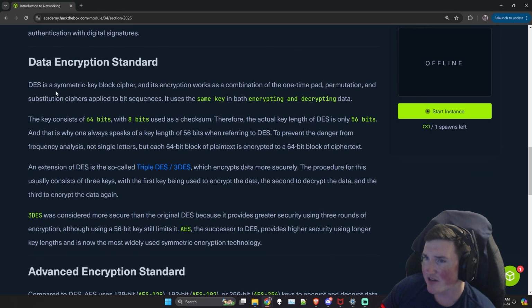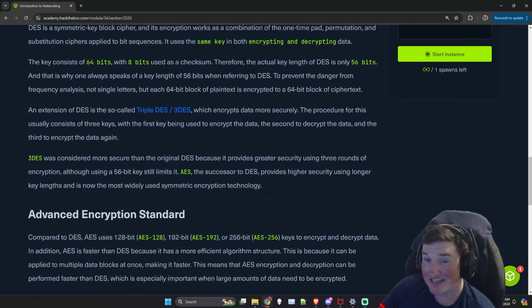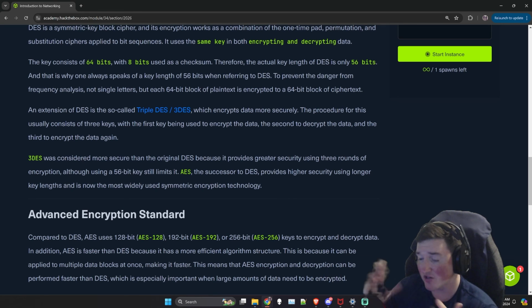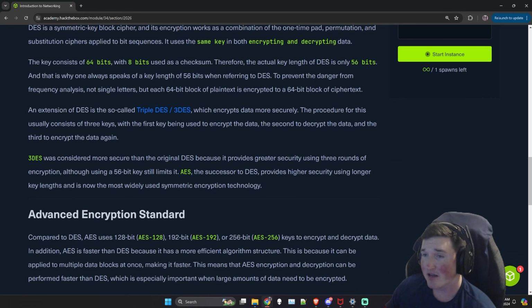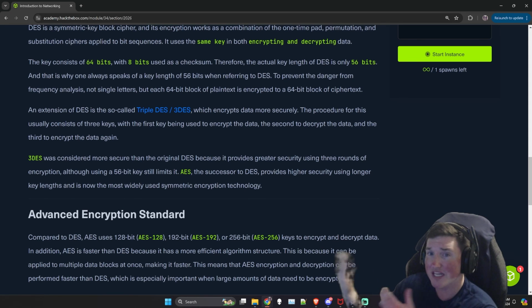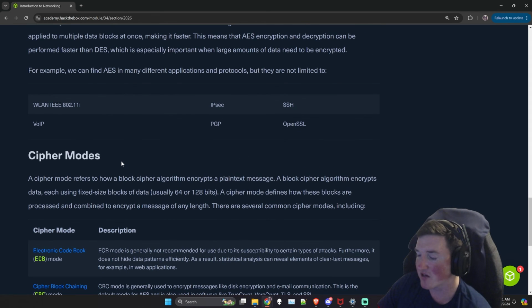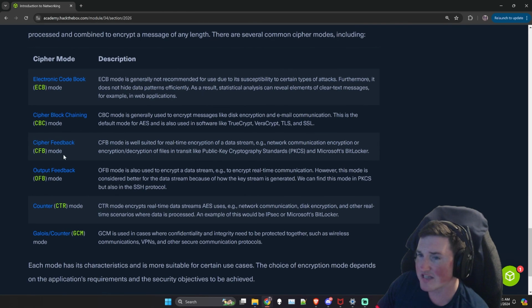But the data encryption standard, again, by the time you get too advanced into this, it's going to probably change. These encryption standards change all the time. When I say all the time, I mean every 10 years. Every time computing gets better, these have to change. They have to. They can't keep up because they can get decoded or decrypted. So that's why you see all these different ones.